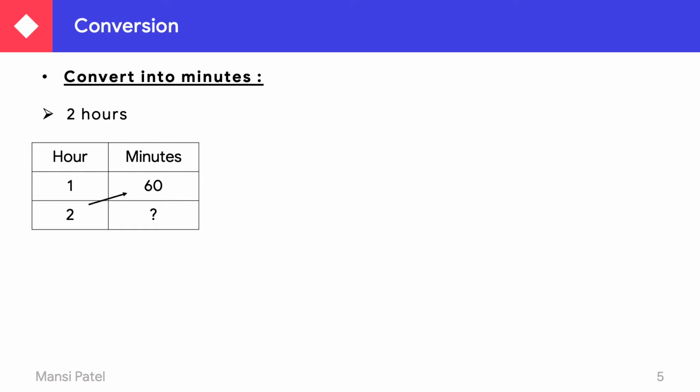As per the rule, the things which are given in the cross, do the multiplication. So here you have to do the multiplication of 2 and 60. And the thing which is remaining, that you have to write down in the division. So 1 we write in the division. So here we can say that 2 multiplied by 60 divided by 1 is equal to 120 minutes.